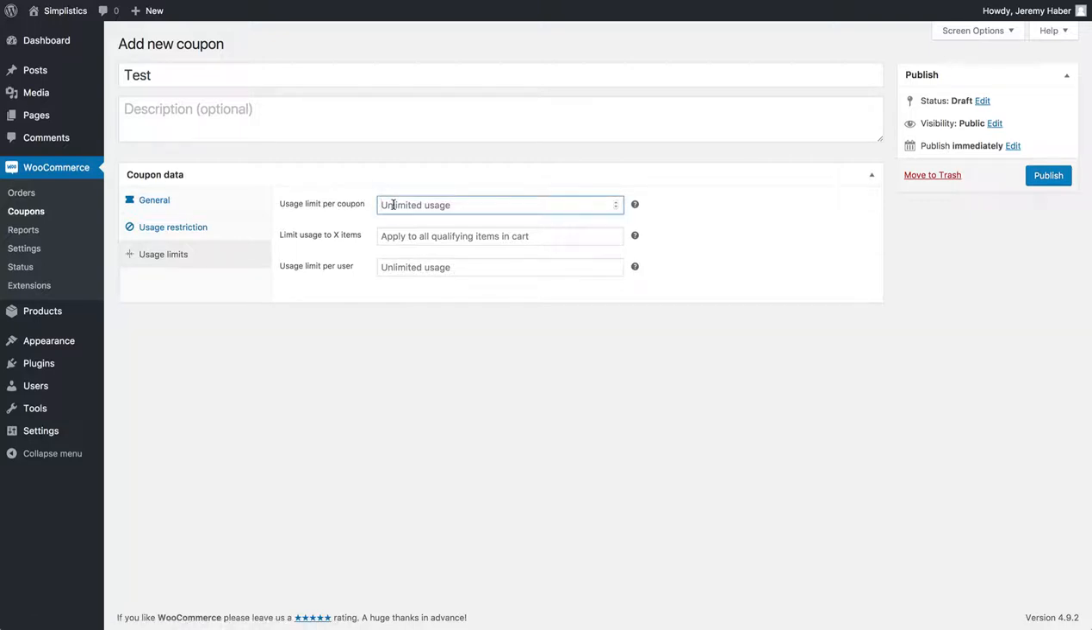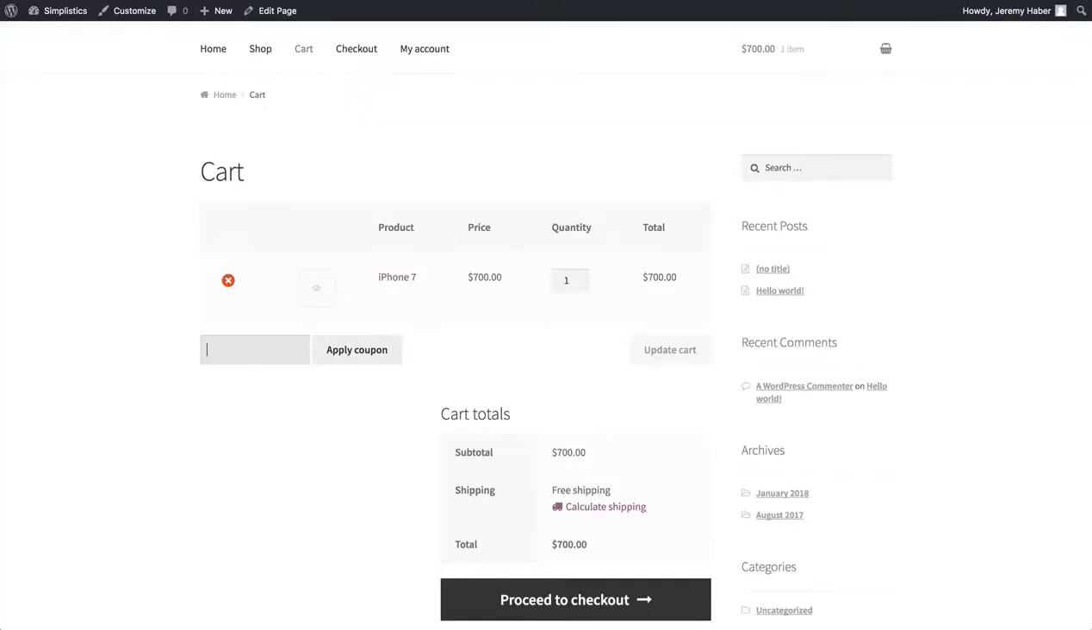Okay, so we can say how many times we want this coupon to be used in the global scheme of things. So maybe we only allow this for the first 100 customers, and we can limit this to one per customer, and we can say a limit on the number of items that this coupon can be applied to as well. Now, if we're on a cart or percentage-based discount, this won't be applied, but if it is on a specific set of products, we can apply this as well. So I'm just going to press publish now, and now that this page is updated, good to go. I can now add the coupon test,